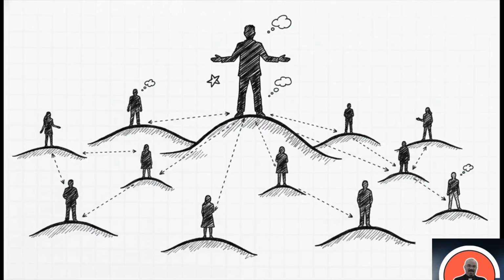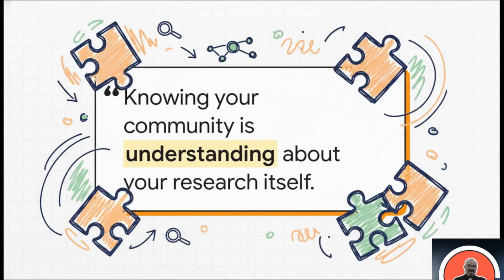Actually executing those steps? That reveals the human element of your map. It shows you exactly who is working on your topic and who holds the crucial information in your specific community. These influential researchers act as the essential landmarks on your academic map, because once you know who they are, you know whose work to track, whose labs to follow, and, let's be real, whose theories are probably going to be the ones peer-reviewing your future papers. Knowing your community is understanding your research itself.